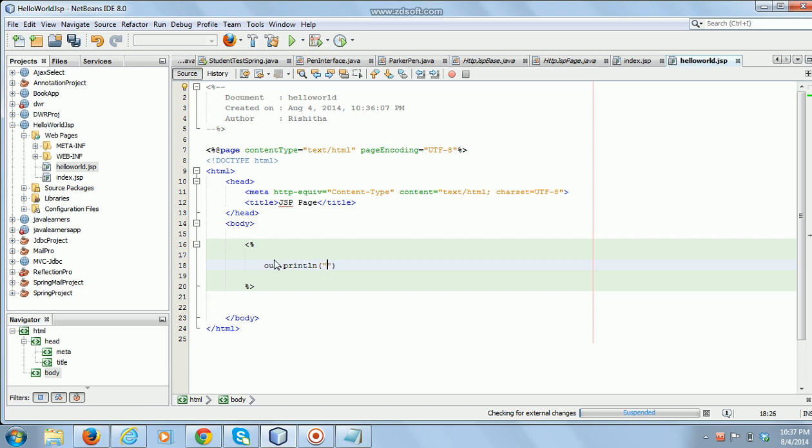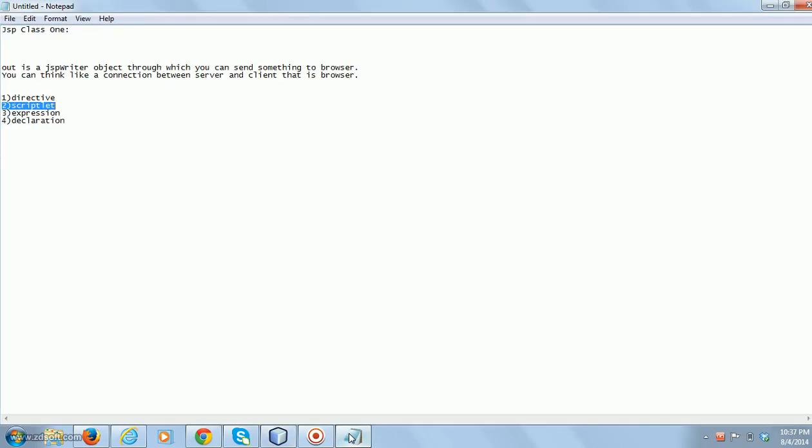out.println("hi Java learners, I am from scriptlet"). But what is this out? In a servlet we use response.getWriter.